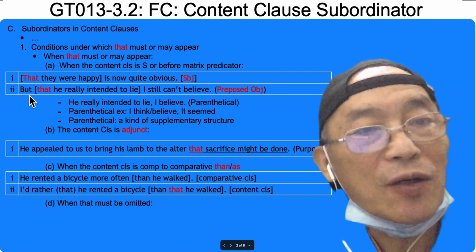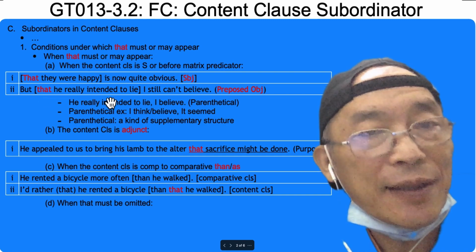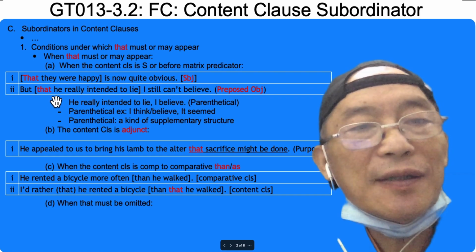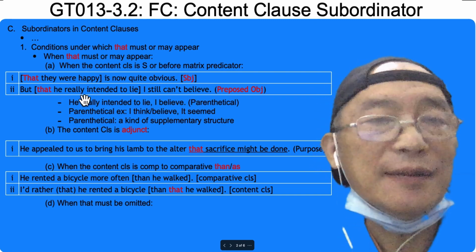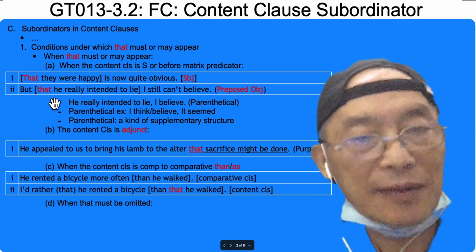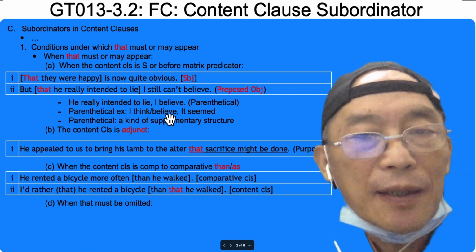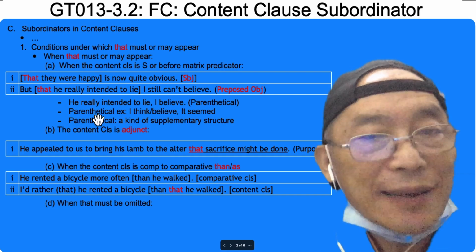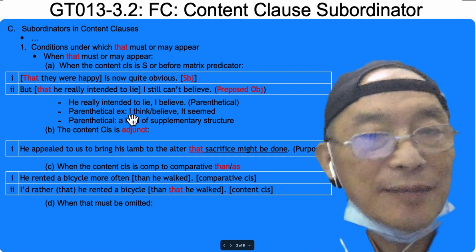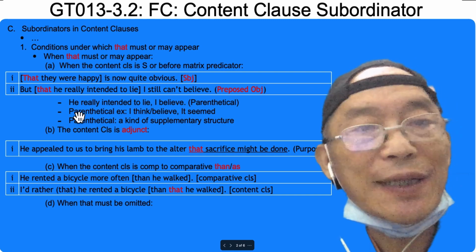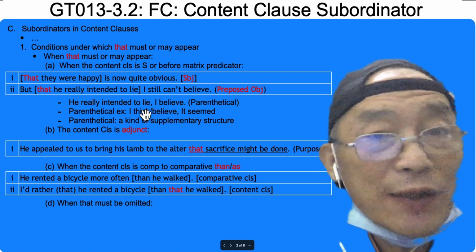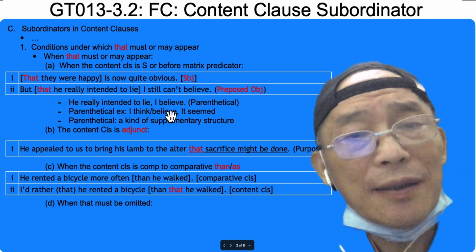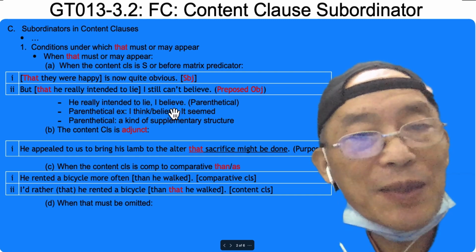And this is a coordinator that can lead a whole sentence. So this is at the beginning of a sentence. We've got to use that. Okay, the original sentence is, I believe that he really intended to lie. An optional subordinator that. And we can reverse the situation. So this is the main clause. And this is a supplementary